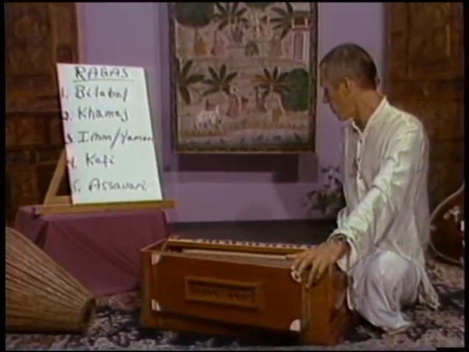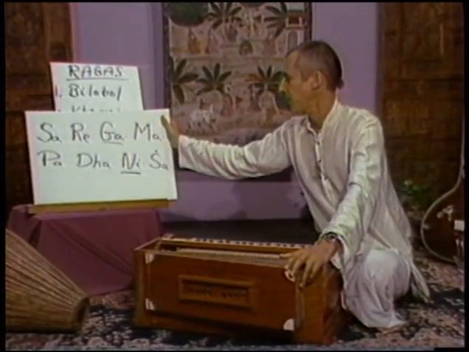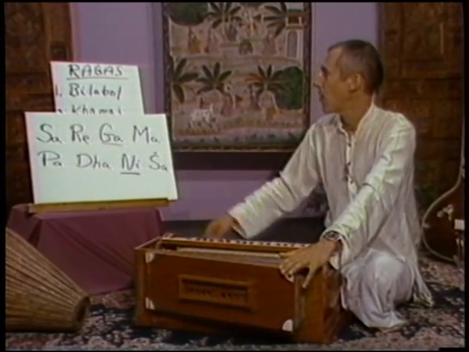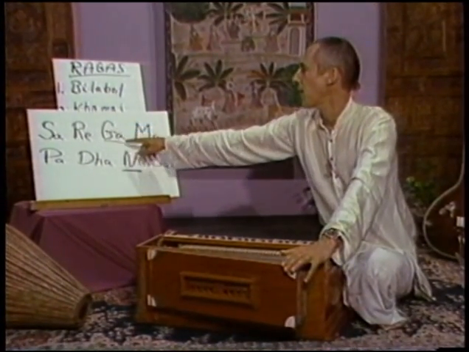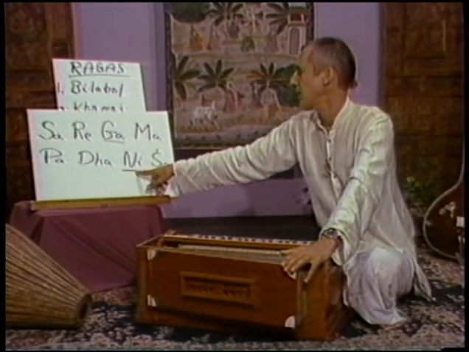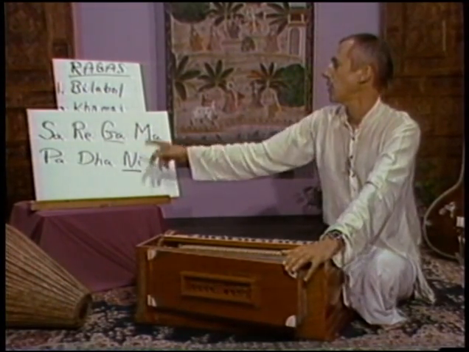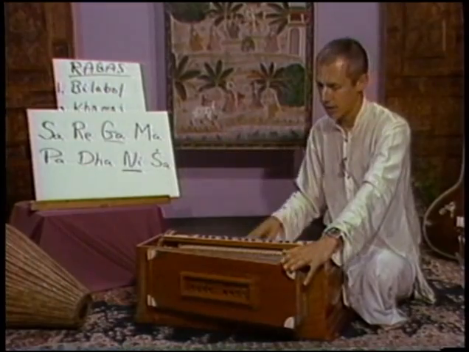Hare Krishna. Are you ready for lesson number 7? Today we're going to really get into the nectar. We're going to introduce Raga Kafi. This is a raga that most of our acharyas wrote their songs. So I'll just give you the raga and then we'll get into some of those songs. So we have this raga, we have komal ga and komal ni. Going up and going down, it's the same. So it sounds like this.